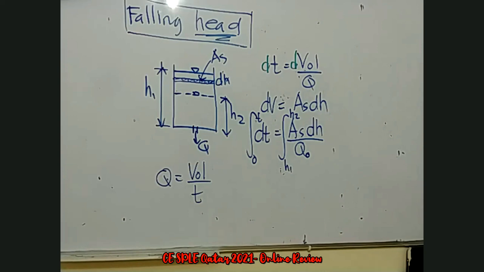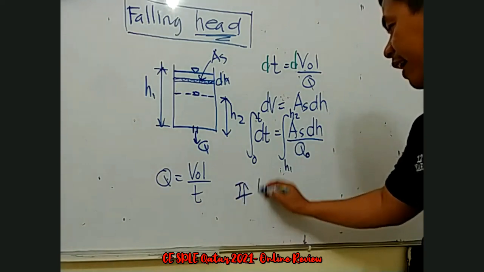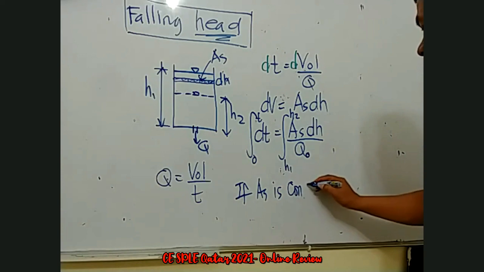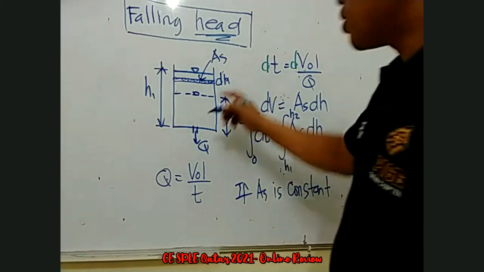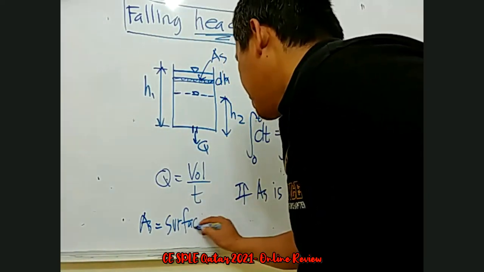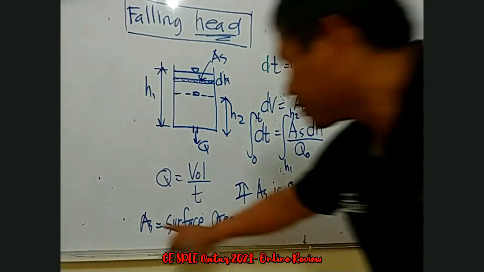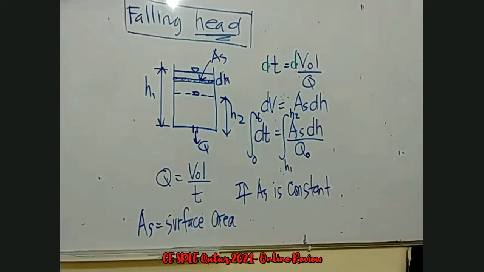So now normally if AS is constant, here, AS is constant. No? What is AS? Surface area. Okay. AS is the surface area. Yun yung AS. If AS is constant, what will happen is